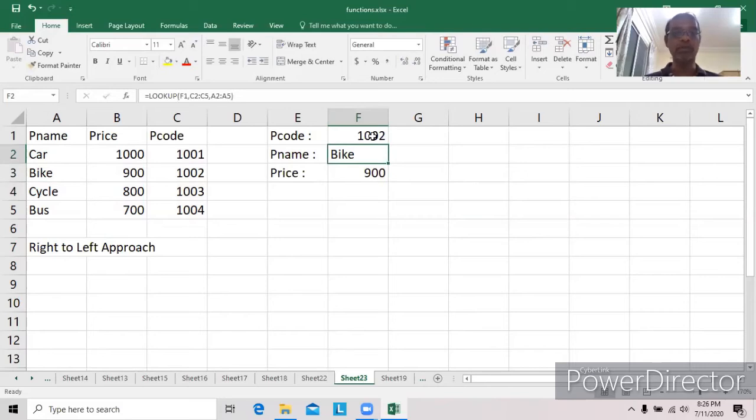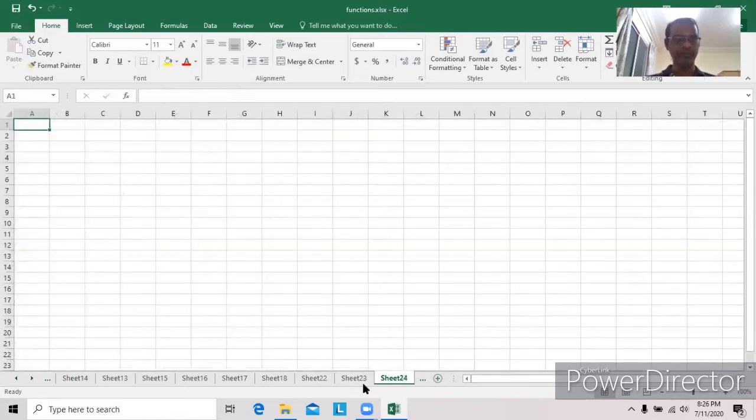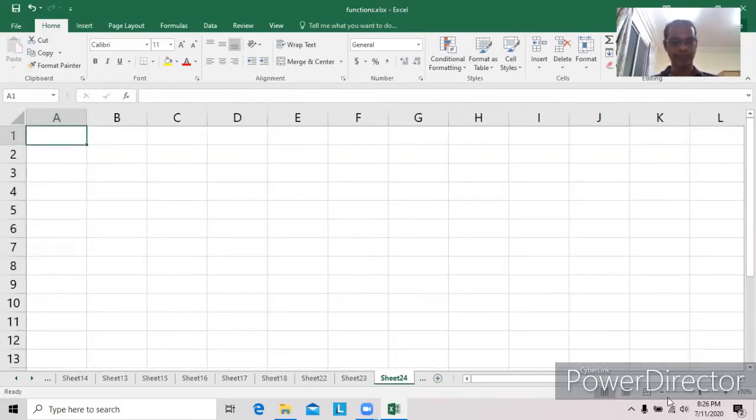The lookup column is available on the right side. That is why it is called the right to left approach. Here also the values available in the lookup column will be in ascending order. Now we can go for the top to bottom approach. Now we have to type the values horizontally. P name, P price.